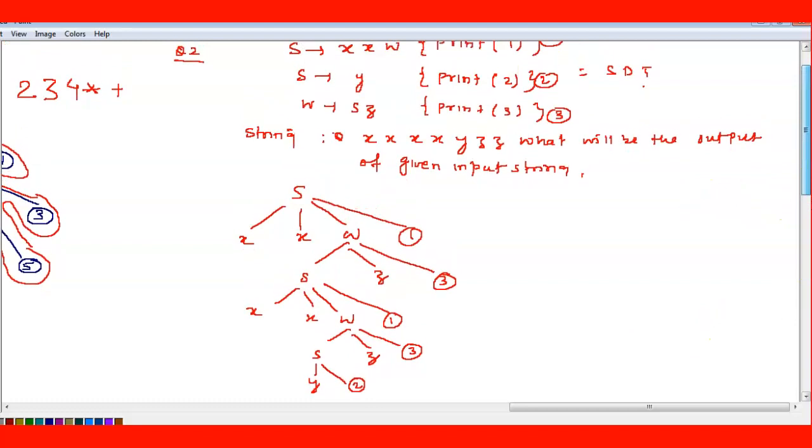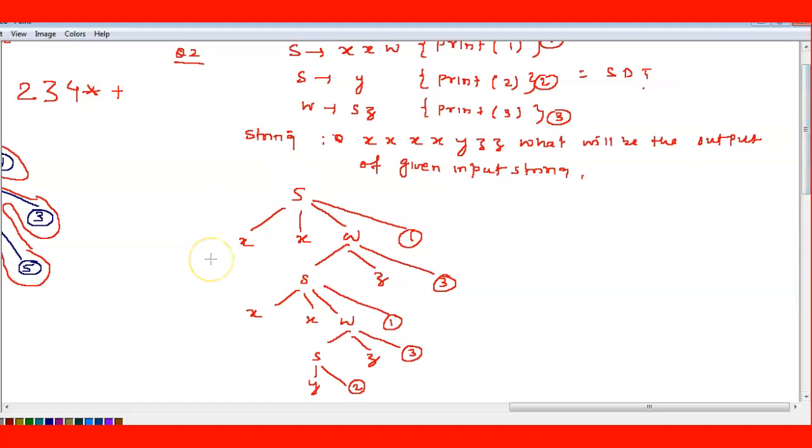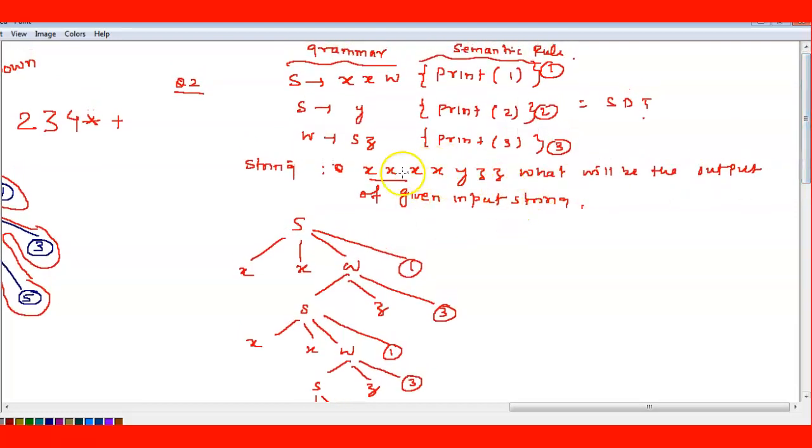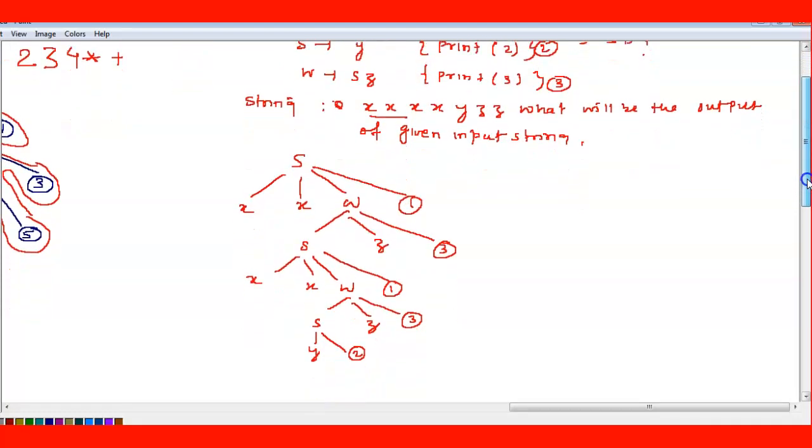Any doubt till here? We already know how to construct the parse tree for the given grammar, right? Grammar is given, string is given, like we studied in the theory of computation subject, to draw the parse tree. Now you perform the action. What output are you getting for this string? We have already drawn the parse tree, now we'll scan it and find the output.